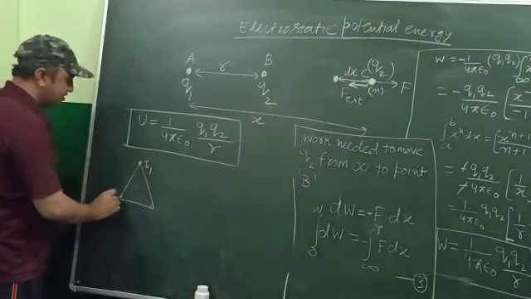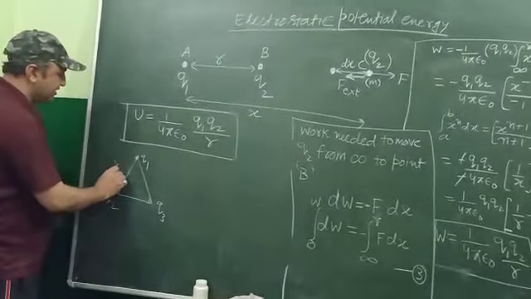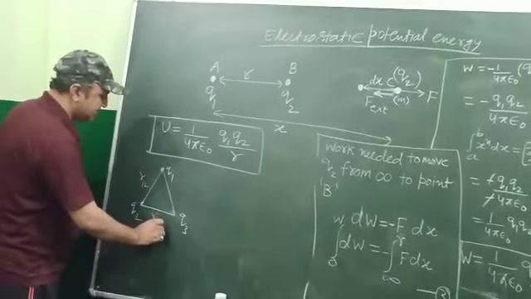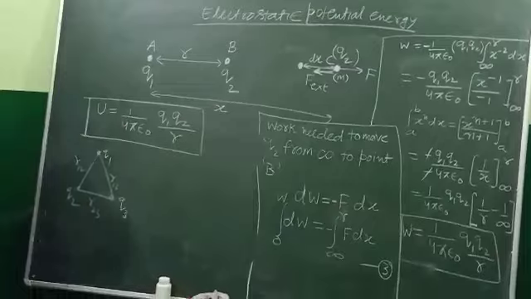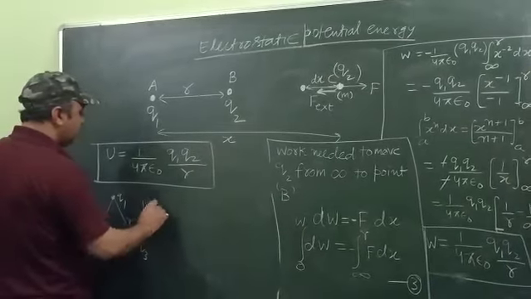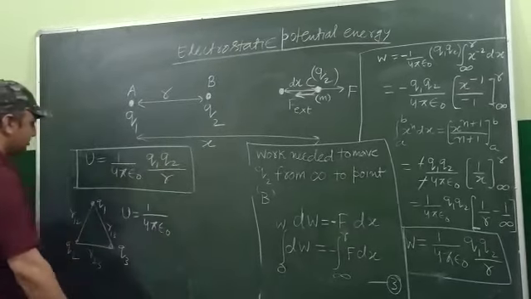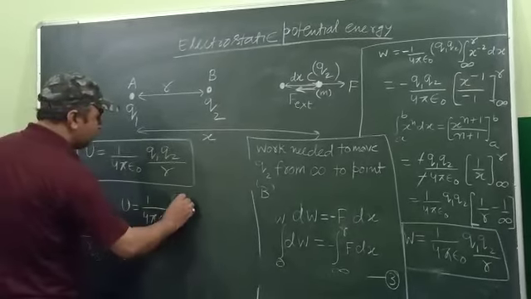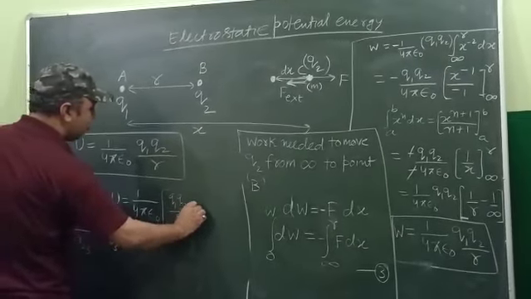Say this is Q1, this is Q2, this is Q3. And the distance between these two is R12, between these is R23, and between these is R13. Then what will you do? Again you can write your potential energy like 1 upon 4 pi epsilon naught Q1 Q2 upon R12 plus,